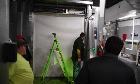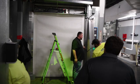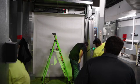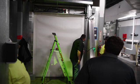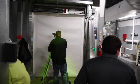This right here, we really need to get some spray foam, fill that. Right now that's open. That's just drilled and open, so we need to fill that up. But the other part,